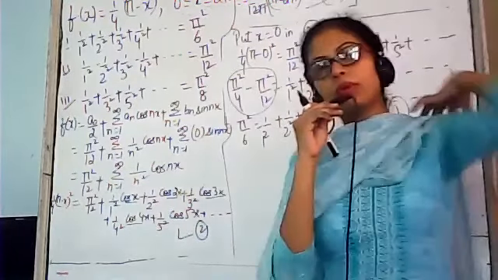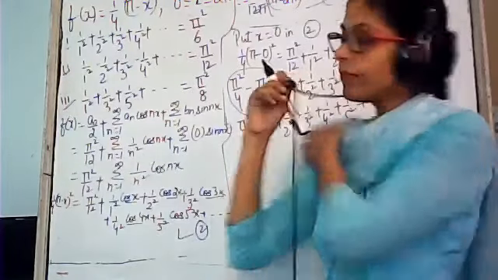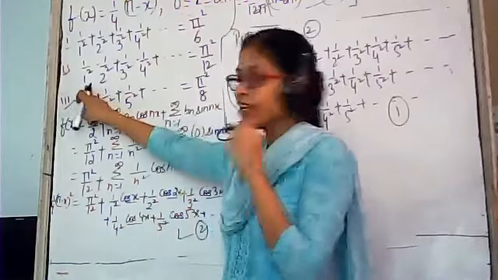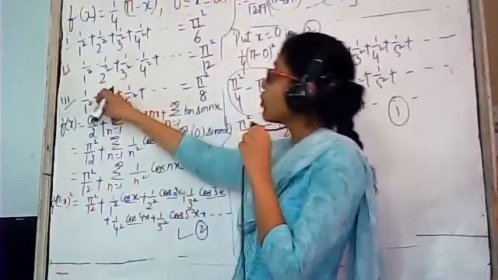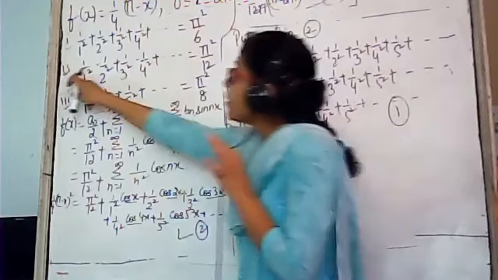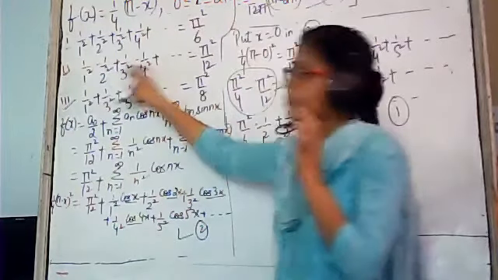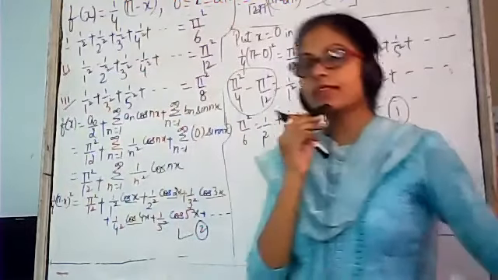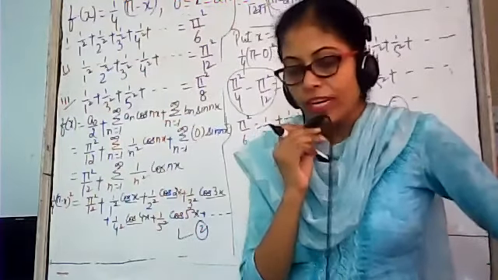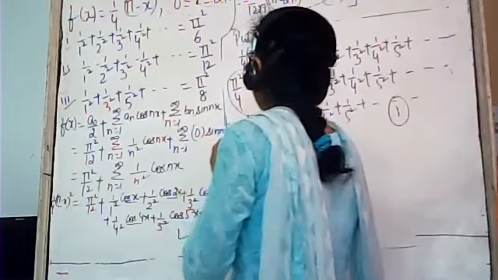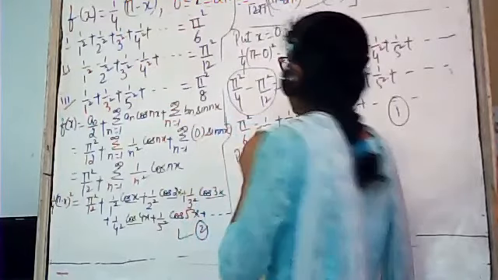For result number 2, what should we do, beta? Look, in this case, again we need 1 upon 1 square, 1 upon 2 square, 1 upon 3 square, 1 upon 4 square. Again we need these. But the signs are alternating: plus, minus, plus, minus, plus, minus. Signs are like this. What can we put for x here? Pi. Very good. Put x is equal to pi in equation number 2.